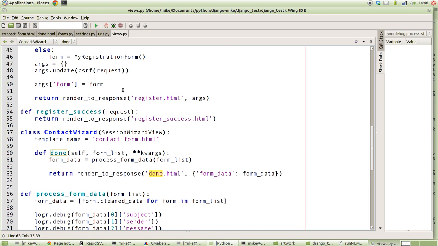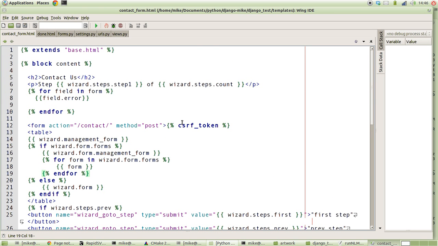So we've got 2 templates we need to deal with, and I think we'll go through the contact form first because that's the most complicated. So what does it do? Well, first of all, it extends our base template, so it's going to look exactly the same as the rest of our website. We override the content block, and we're going to say contact us step, and then this section here, which is